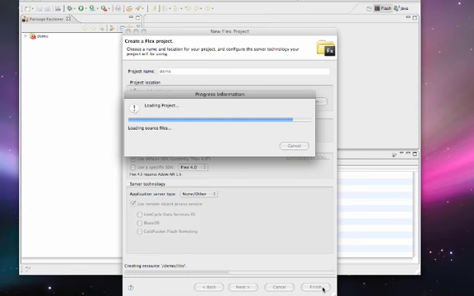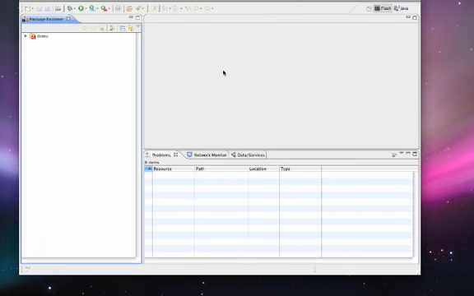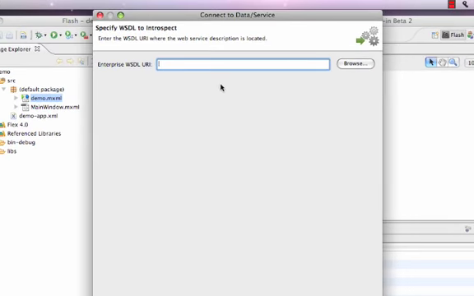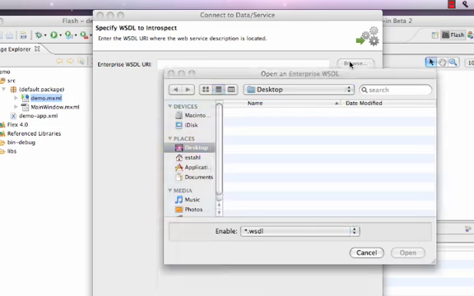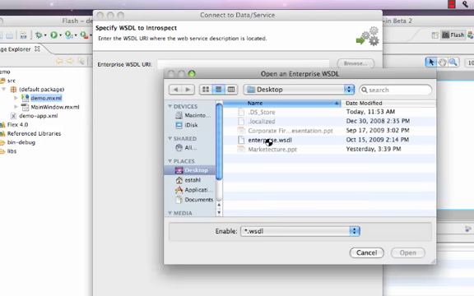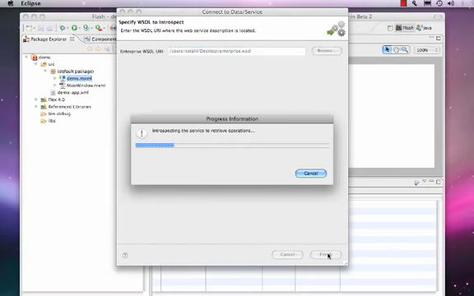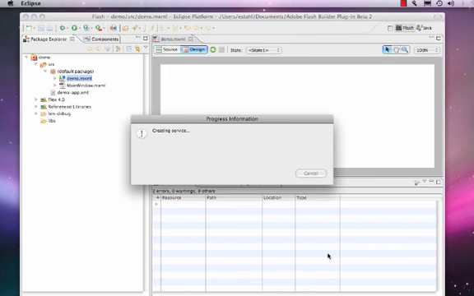The next thing we're going to see is it will ask for an enterprise WSDL, which is just the information it needs to access the Force.com API. Now, I downloaded the WSDL file from my Salesforce account a little earlier and put it on my desktop. So here it is. That's really easy to do. And when I do that, it now has all the information it needs to go log into my Force.com account,